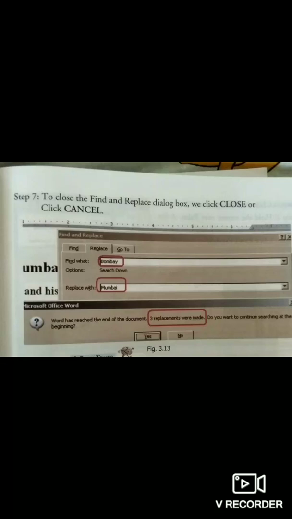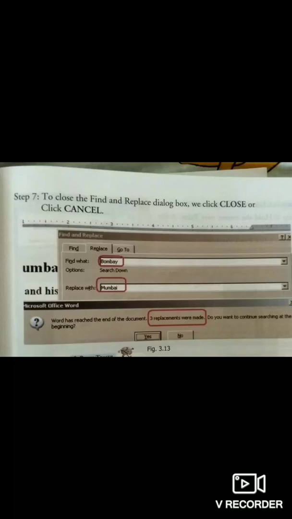Okay. After that, whenever we want, we click the OK button. This way we can repeat for any word we are searching for, and we can replace it also.